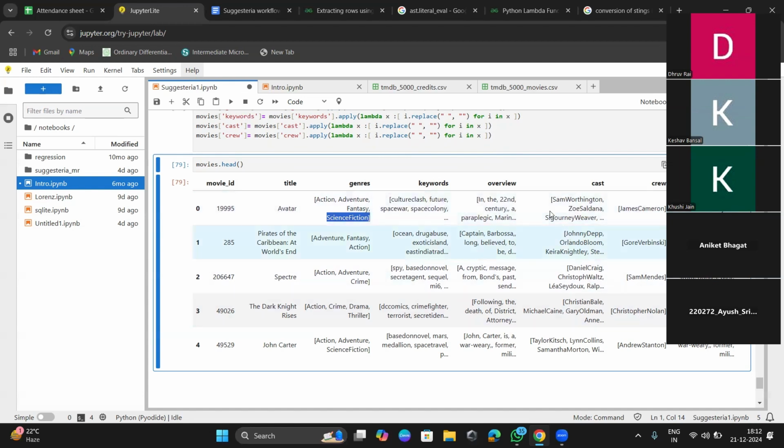Like there is Sam Mendes and there is Sam Worthington. So maybe the model will predict these two as the same if there are spaces. Now we are free from spaces, so it will treat these two as different entities, as it doesn't know the